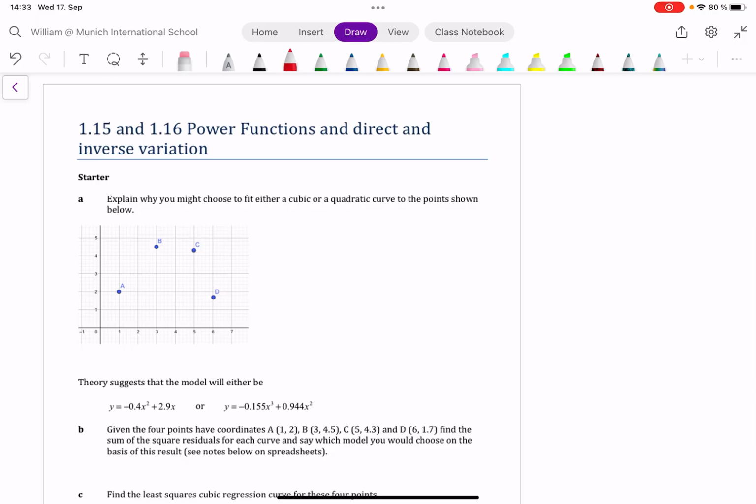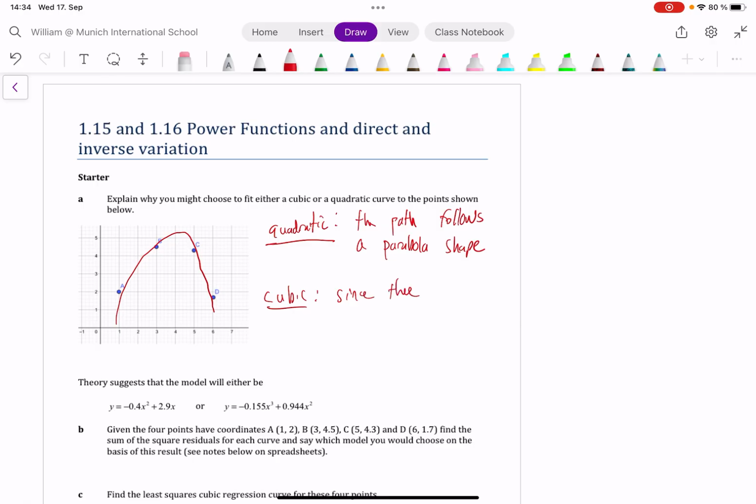There's the starter here. It says explain why you might choose to fit either a cubic or a quadratic curve to the points below. You could certainly understand quadratic because the path follows a parabola shape. Generally I kind of see this shape of a parabola if I draw it that way. But I certainly might actually think it's more cubic because since there is a single maximum